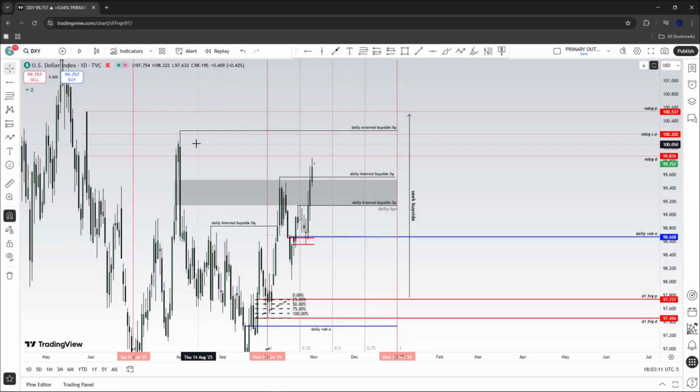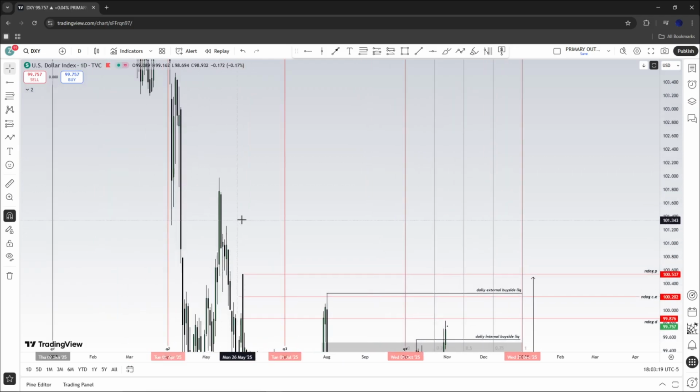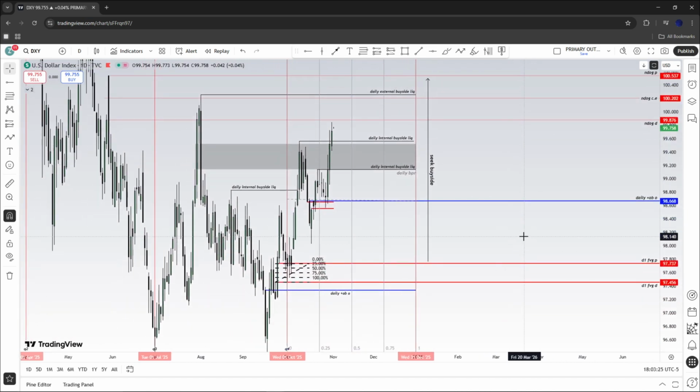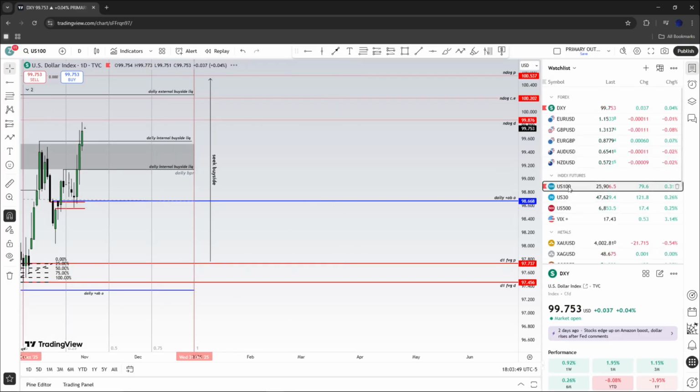I think that's what we have in target side for DXY, and then eventually the internal high during Q2, and possibly this internal high during Q2. But we're going to keep it short term. We're not going to overextend ourselves. The goal is really just to watch what price does at these levels, if it has the willingness to continue higher. I do think that the dollar index is extremely bullish, especially with what Trump is doing in office currently. That's about it for the dollar. I want to keep it short and simple, and we'll move on to the Nasdaq.